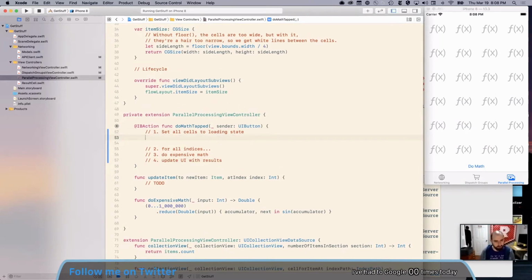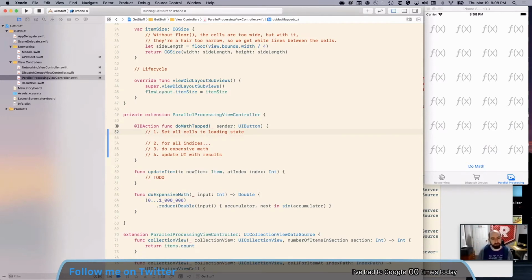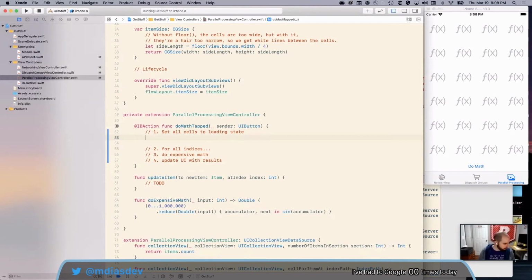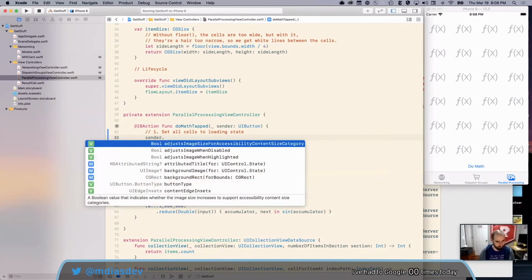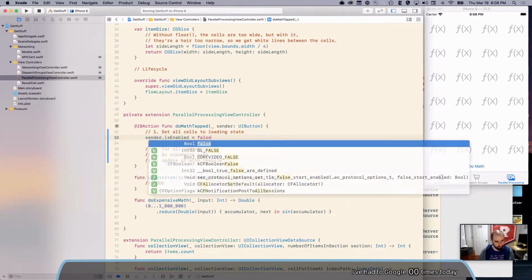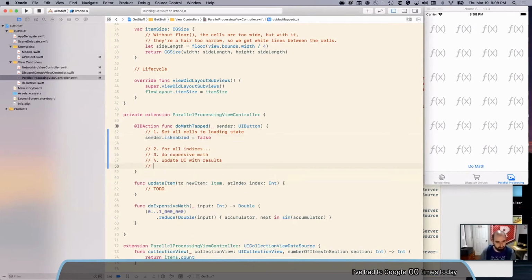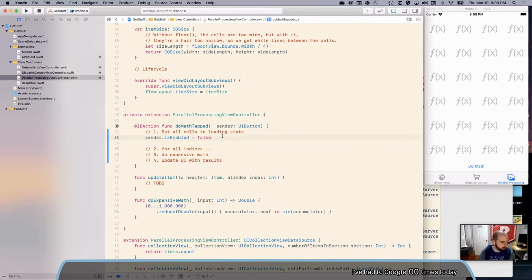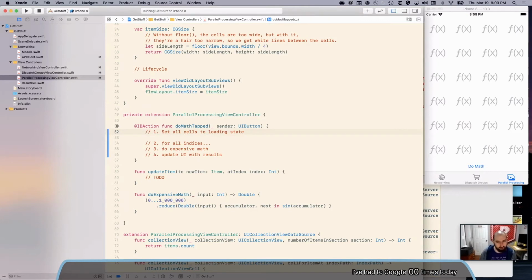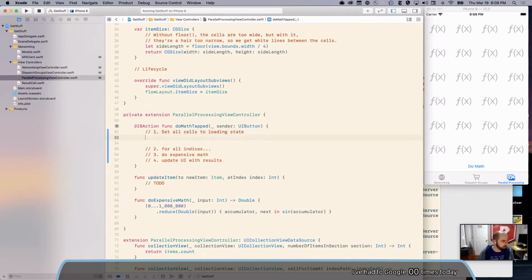Some of this should be repeat by now, except it's a little different because it's a bunch of cells instead of just one UI. So I'm going to, oh, I didn't even do this in my sample code, but we should set sender.isEnabled equals false, just to sort of hammer that home. Actually, sorry, for dumb reasons, I'm going to not do that, just because I don't have a convenient way to undo it in this sample code. Please do it in your real apps.